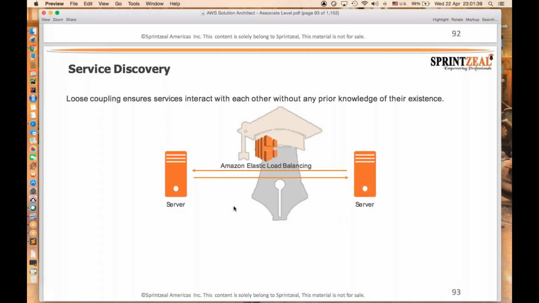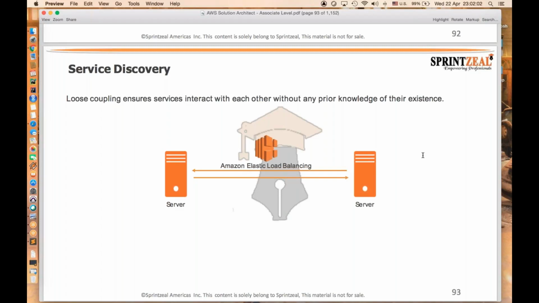Okay, coming to service discovery. We have seen loose coupling, ensuring that services interact with each other without any prior knowledge of their existence. So it will come to understand when a service gets interrupted, and the load balancer is the one which will route your request to another server.